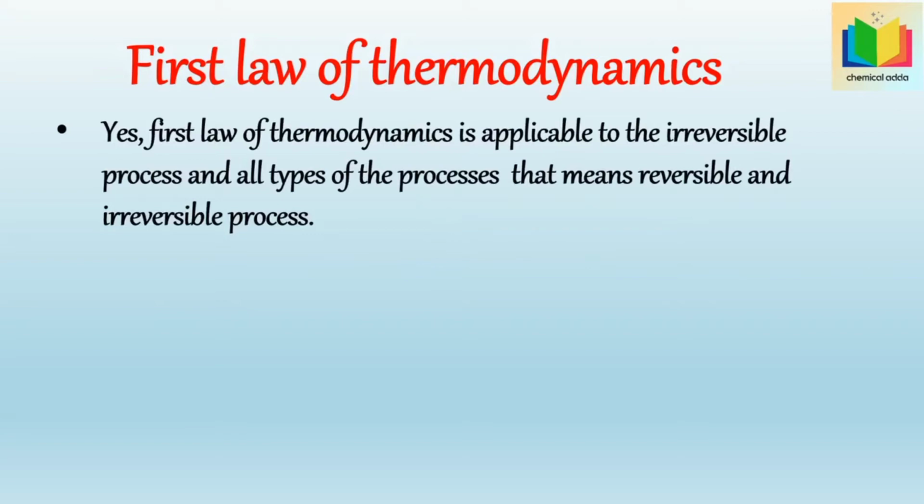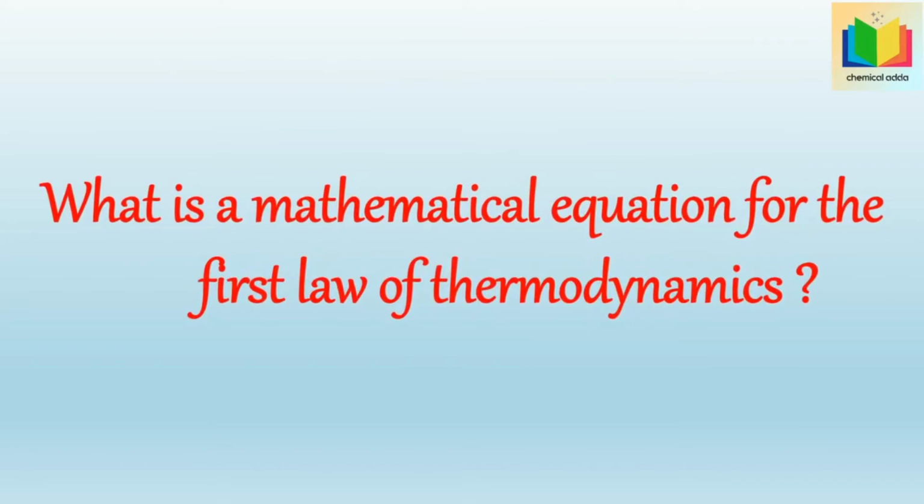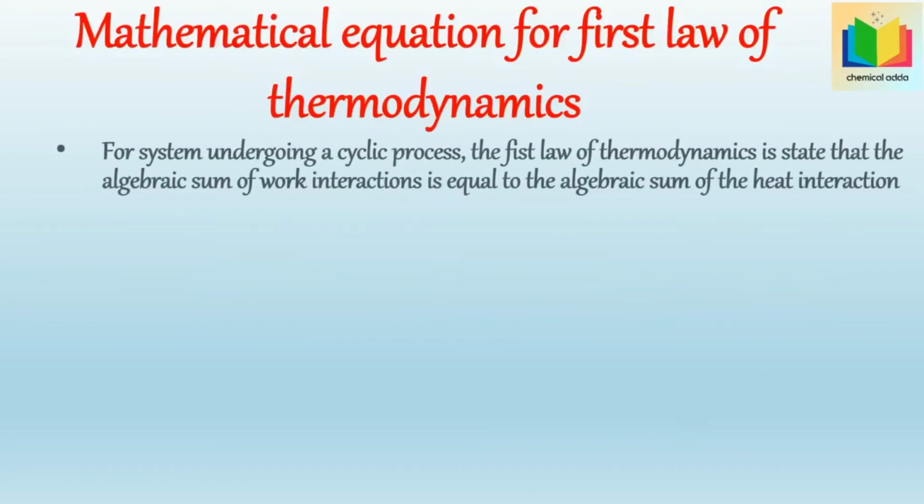Now, next question is, what is the mathematical equation for the first law of thermodynamics? For a system undergoing a cyclic process, the first law of thermodynamics states that the algebraic sum of work interactions is equal to the algebraic sum of the heat interactions. Hence, integration of dq is equal to integration of dw. We can write this as integration of dq minus integration of dw is equal to 0,